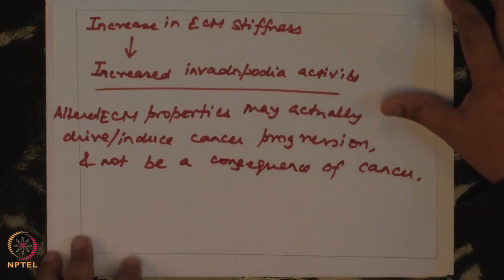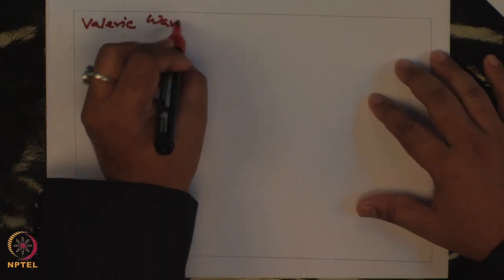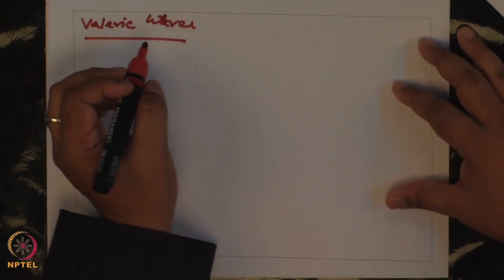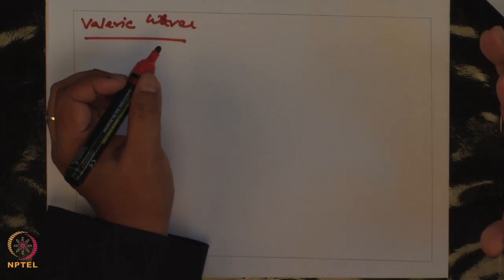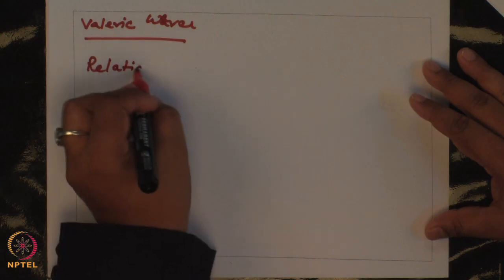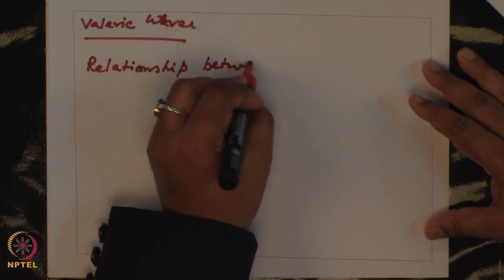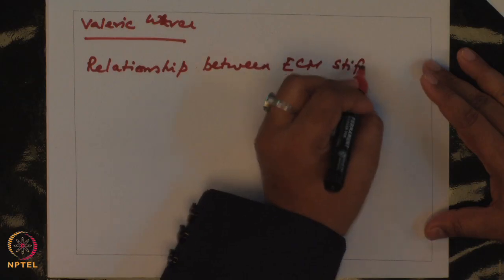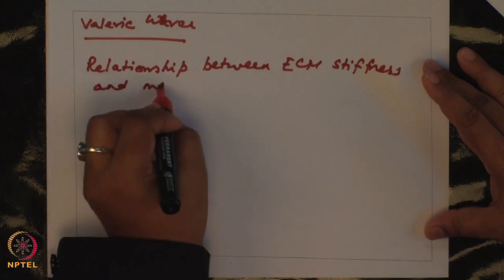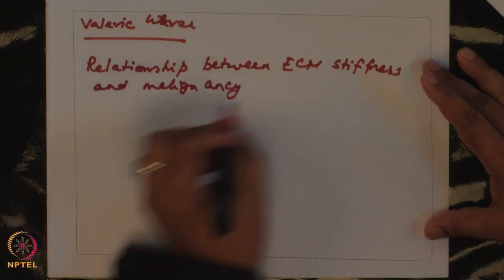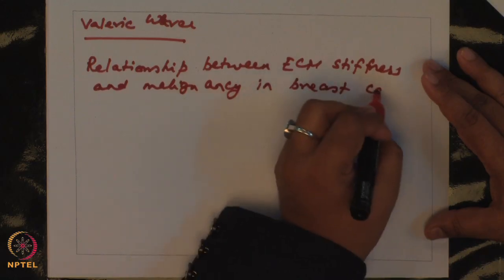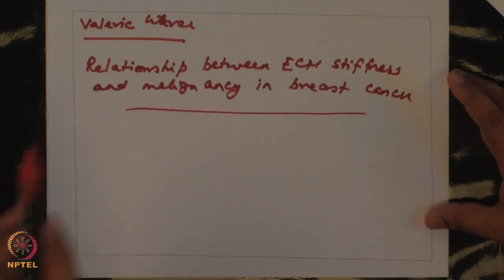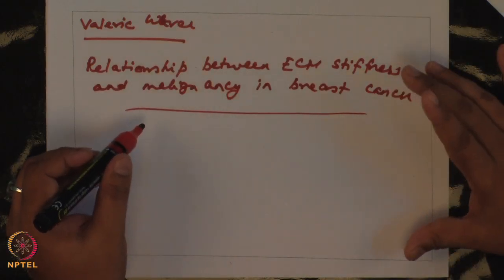Okay. So, to answer this question, Valerie Weaver did a number of experiments on breast cancer invasion and the relationship between extracellular matrix stiffness and malignancy. Okay. So, what she probed was the relationship between ECM stiffness and malignancy, in breast cancer. Okay, so, we will discuss this work, but before I get started, let me briefly give the anatomy of the